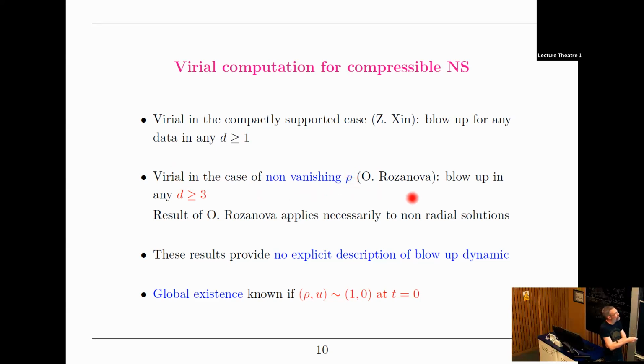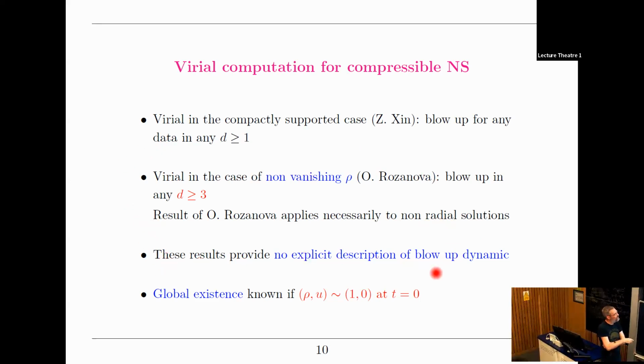More relevant, what I'm going to say is the result of Rosanova, where she can prove blow-up in any dimension larger or equal to 3. This time, not for all data, it's only for some data, but it is an open set of data. Interestingly, none of these data apply to our result, because necessarily some quantity has to be non-zero and this quantity vanishes for any radial solution. So it only applies to non-radial solutions. So there's an empty intersection between the result and ours.